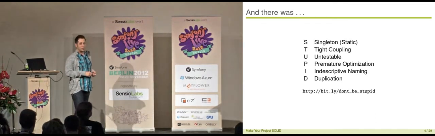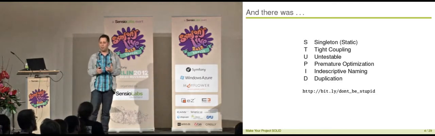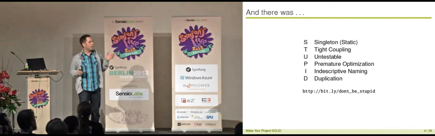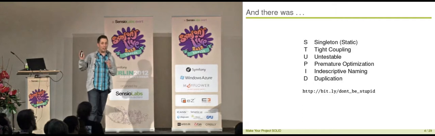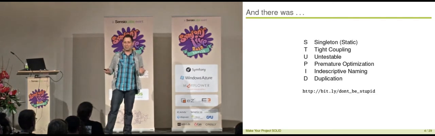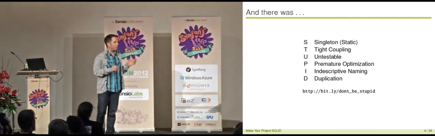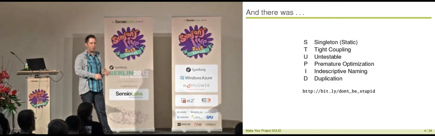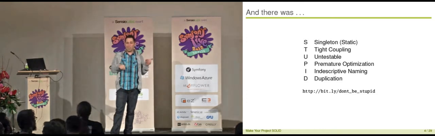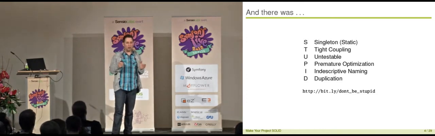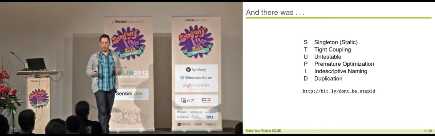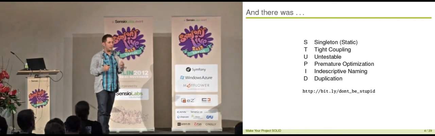And what we have there is, we have singletons, which is static access, tight coupling of code together. We have these tight coupling things also beside the singletons. We have code that is untestable. SOLID helps there quite a lot. And we have premature optimizations, which make spaghetti code, which is blazingly fast, but nobody can maintain it anymore. We have lots of indescriptive naming, where SOLID cannot help you if you do stuff like that. And we have code duplication. That is how the world looks like today. Mostly. Hopefully not in your projects. But if you want to do something against that, SOLID is a first step in the right direction to get your code in the right way.